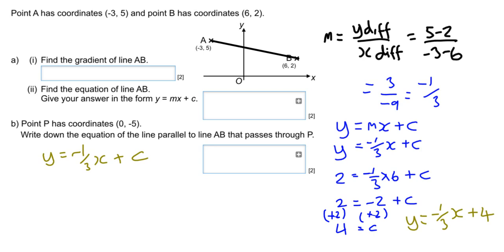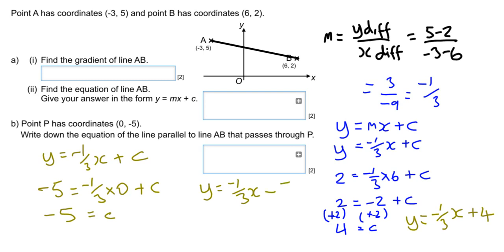So when x is 0, y is -5. -5 equals -1/3 of 0 plus c. Well, we know that anything times 0 is just 0, so that tells me that that will be c. So my answer would be y equals -1/3 x